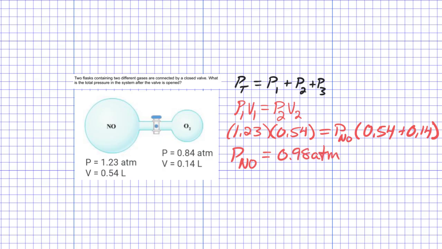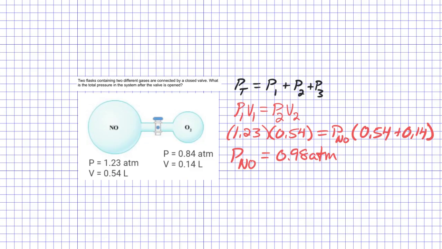So you can see that we went from 1.23 down to 0.98 because the gas was expanding into a larger volume. Volume and pressure are inversely proportional, and so the pressure went down. Next, we're going to do the exact same thing for O2,